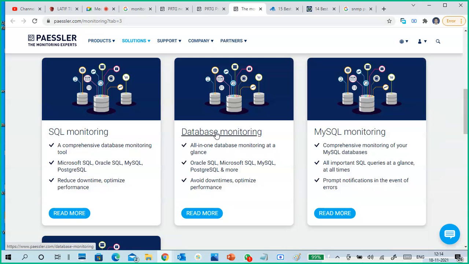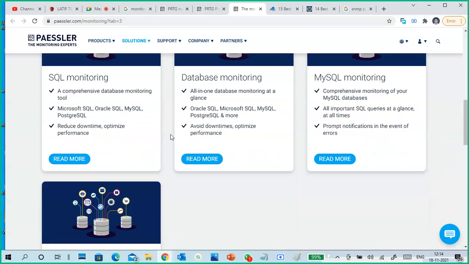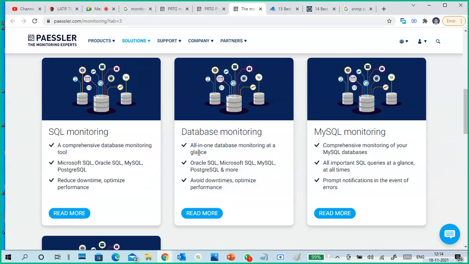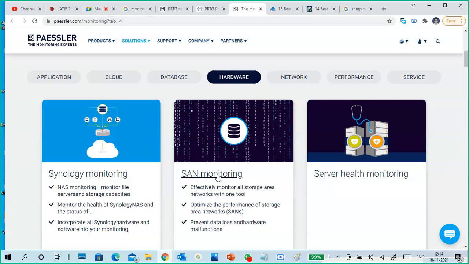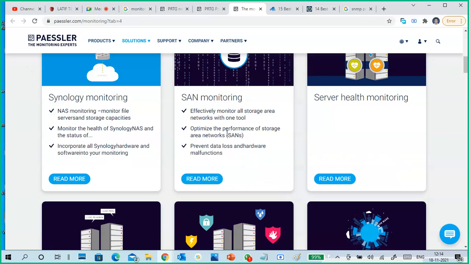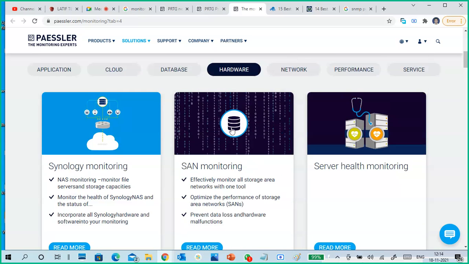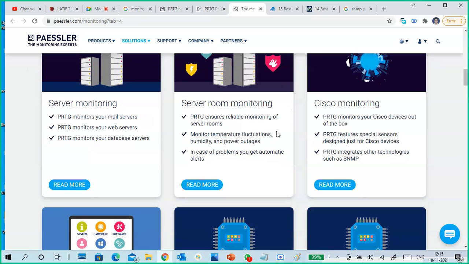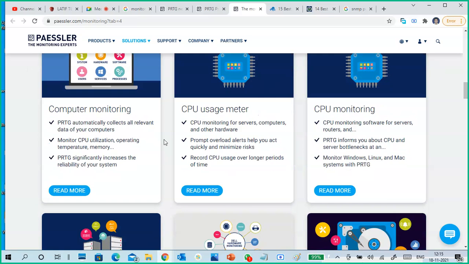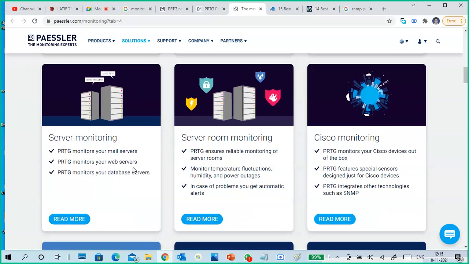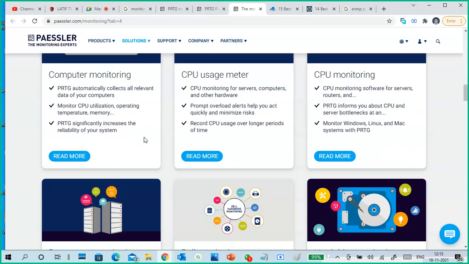Database monitoring, SQL monitoring, Oracle monitoring, Oracle database monitoring, hardware monitoring, SAN storage device, okay, storage area network, like storage monitoring, server health monitoring, server room monitoring, Cisco device monitoring, web servers, mail servers monitoring, server monitoring, computer monitoring, CPU and usage meter monitoring, CPU monitoring.